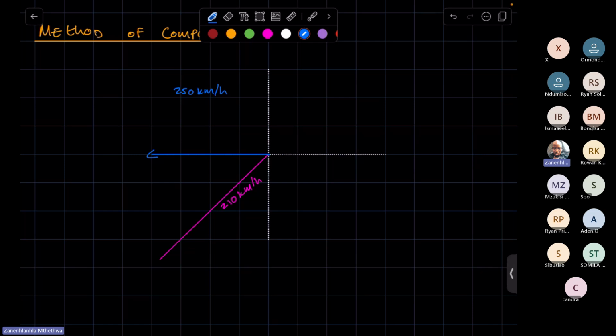So if you look at vector q, Q was originally going east in the statement, but we've drawn it going west on the Cartesian plane. Why? Because Q is our frame of reference here. Now, seeing that Q is on the x-axis,